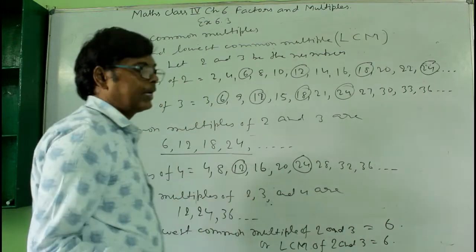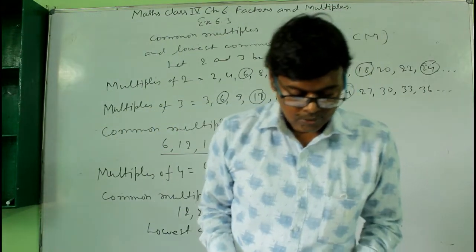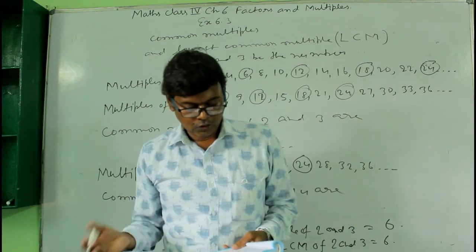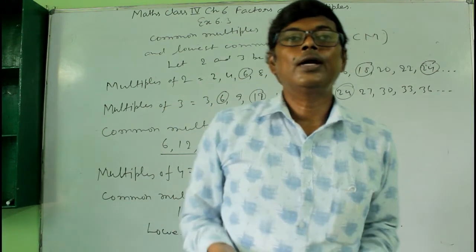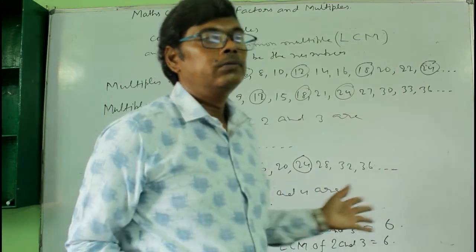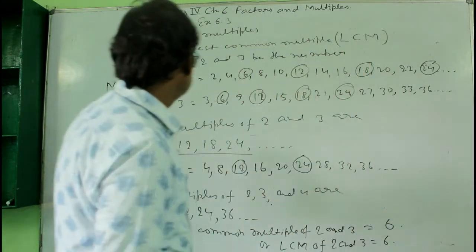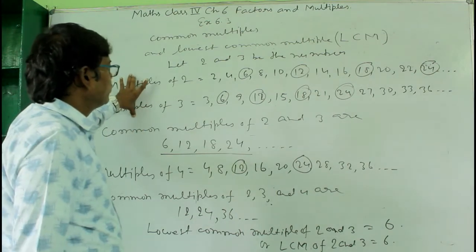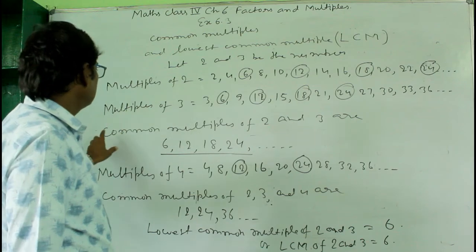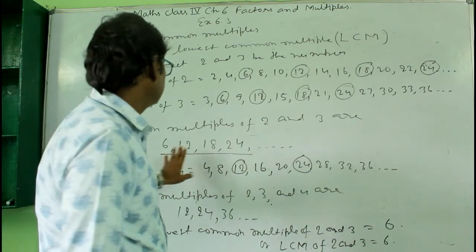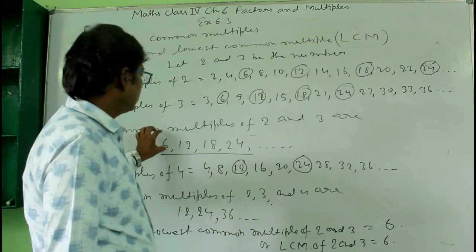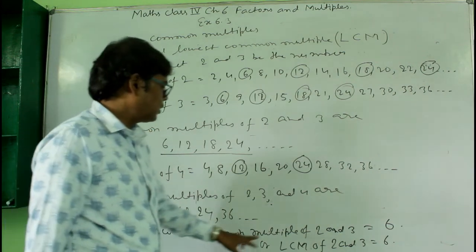So in short we will write LCM, least common multiple. Least common or the lowest common, both are the same here. So in this way we can find the lowest common multiple of any two numbers or more numbers. Don't confuse here. See clearly the multiples of 2 and multiples of 3, and here the common multiples of 2 and 3 only. In this, 6 is the smallest common multiple. So the lowest common multiple of 2 and 3